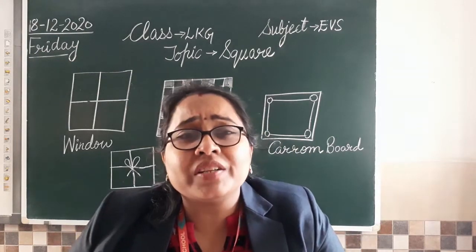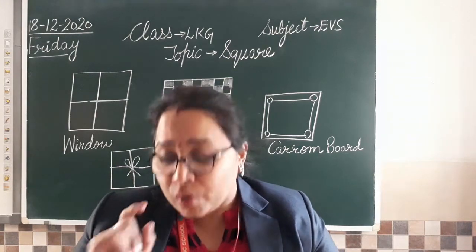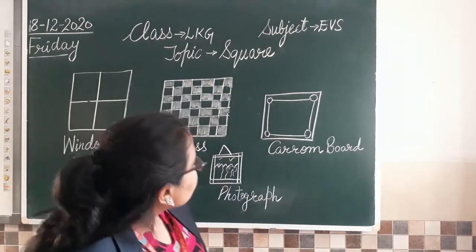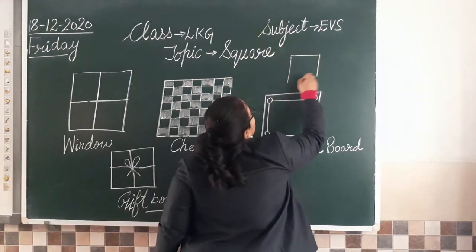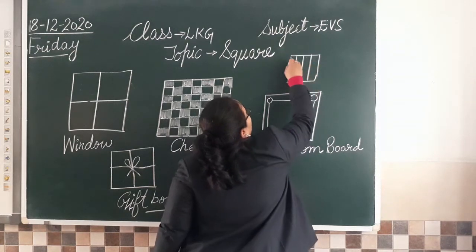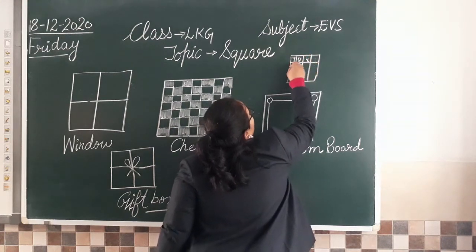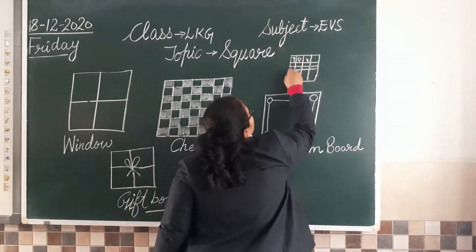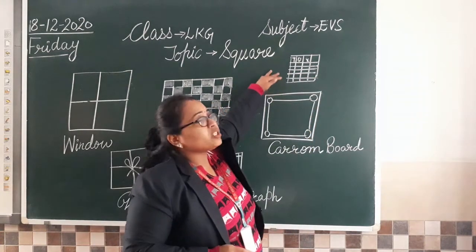Which notebook are you writing your counting in? You are writing that in a square notebook. Yes. See, when ma'am gives you counting work, she always makes a page like this, and in it we write tens, ones, cross, and then we continue our counting. So what is this? This is again a square shape.